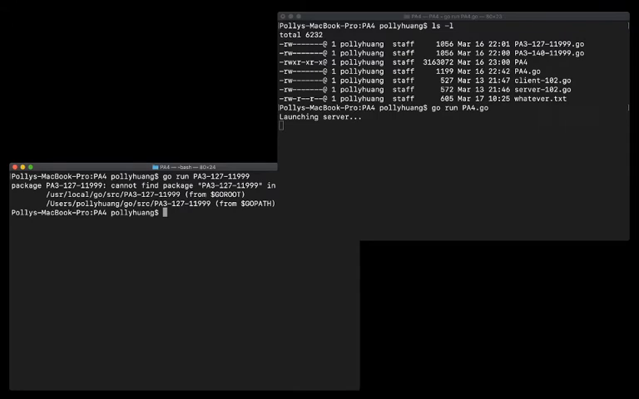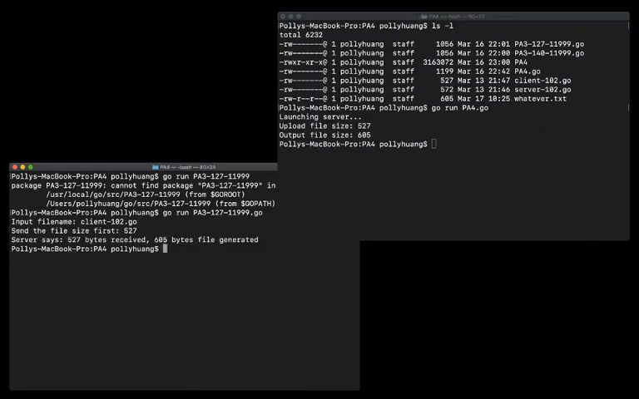So let's see. What's wrong here? Oh, yeah, I forgot about the suffix. There we go. Let's send client 101.go. How about that? Client 102.go. Let's see. All right, so the client has already sent the file of 527 bytes, and it receives a message back from the server saying that the server received exactly 527 bytes, and the server generates another file that's